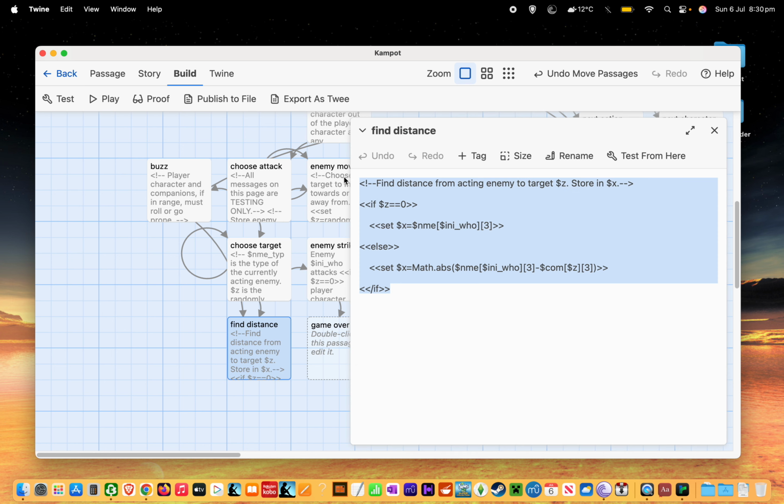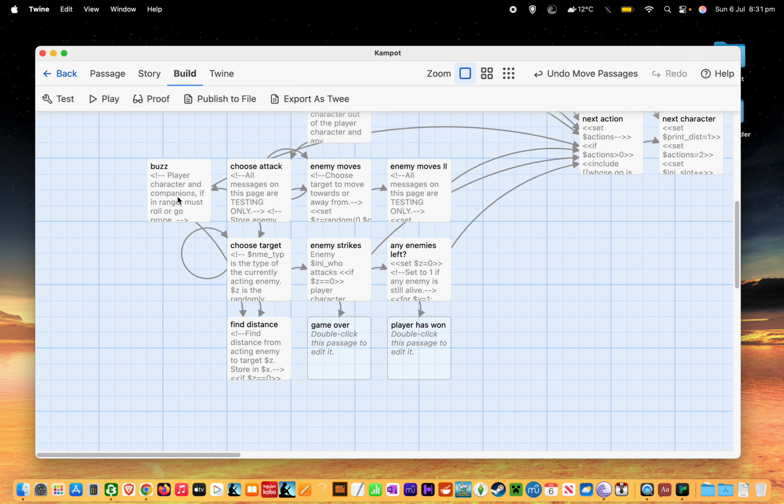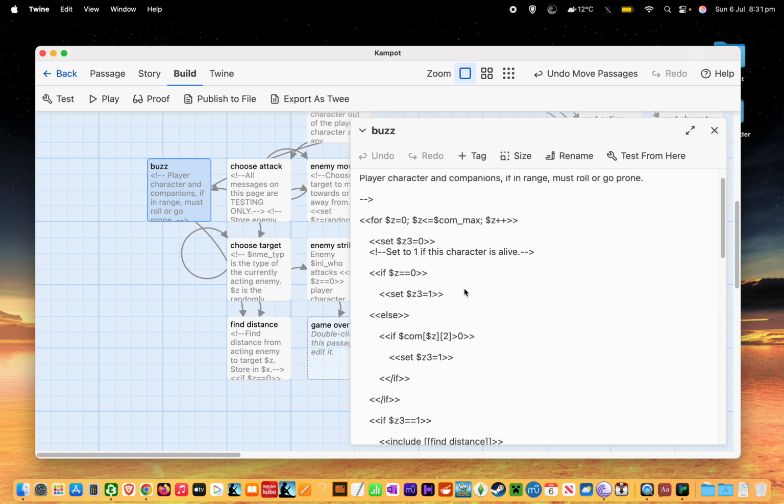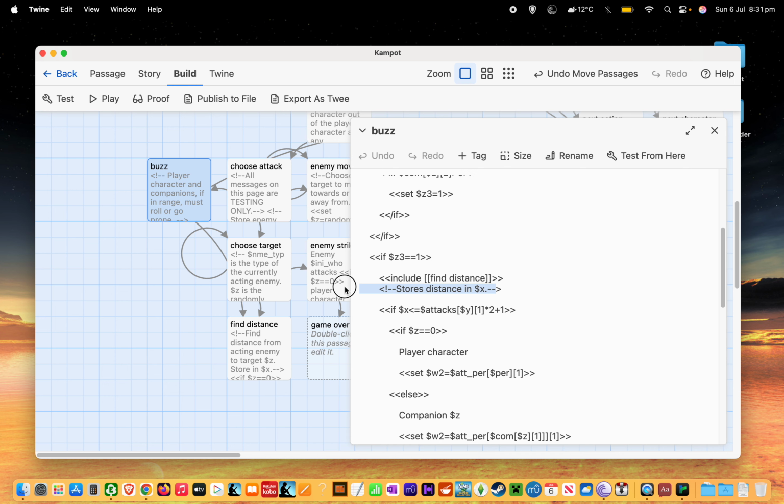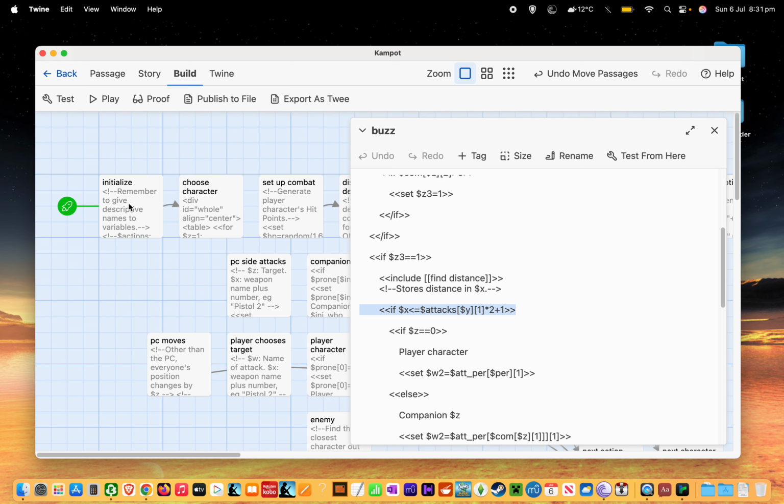It just, I've gone through all this code before, but it just finds the distance from character Z, the player character's side character Z, if that makes sense, the distance between them and the acting monster. So we find that distance, we store it in X, and then if X is less than or equal to attacks y1 times 2 plus 1. Well, attacks y1